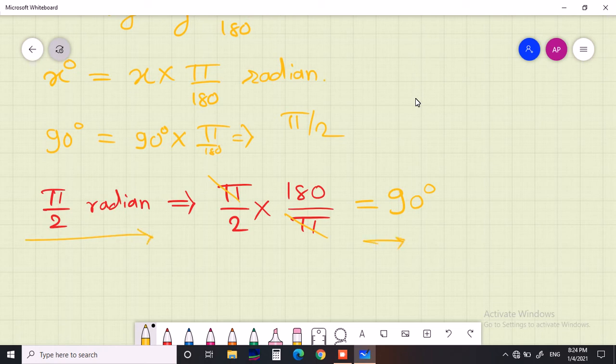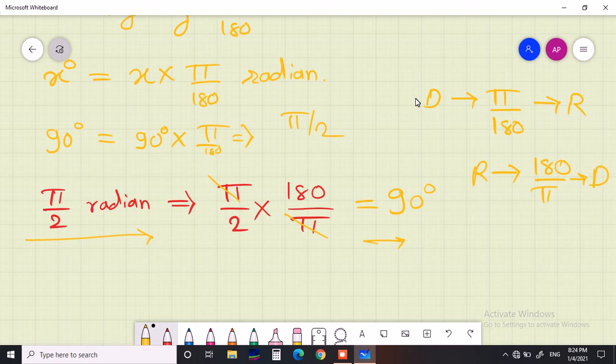In many calculations we know values in degree, but we have to calculate the values in radian. So this is very important. And again, in some problems we need to convert radian to degree. It's very basic and very simple. Just remember that whenever you want to convert degree to radian, the multiplying factor will be pi by 180 and the value comes in radian, and if radian to degree, 180 by pi, the value comes in degree. So listen carefully one last time.